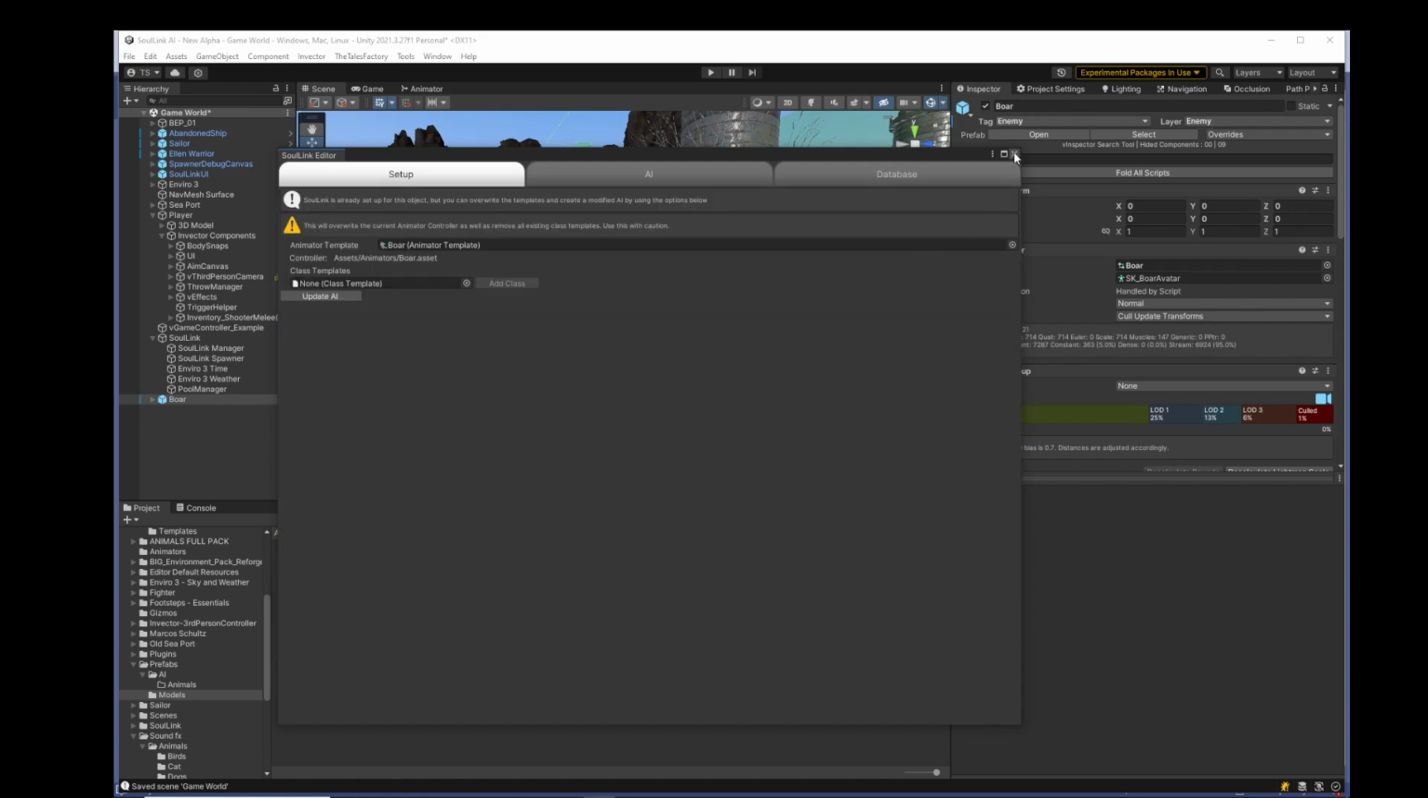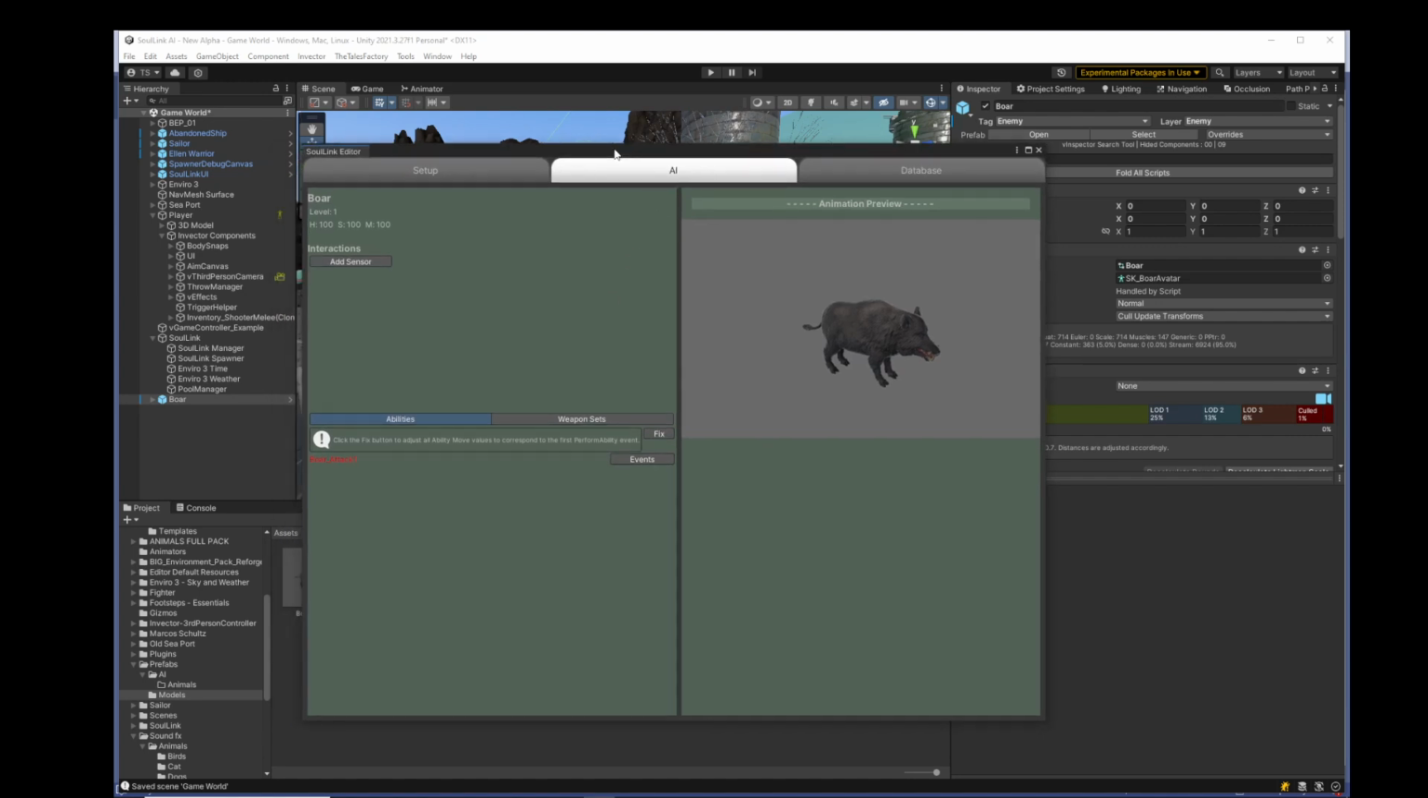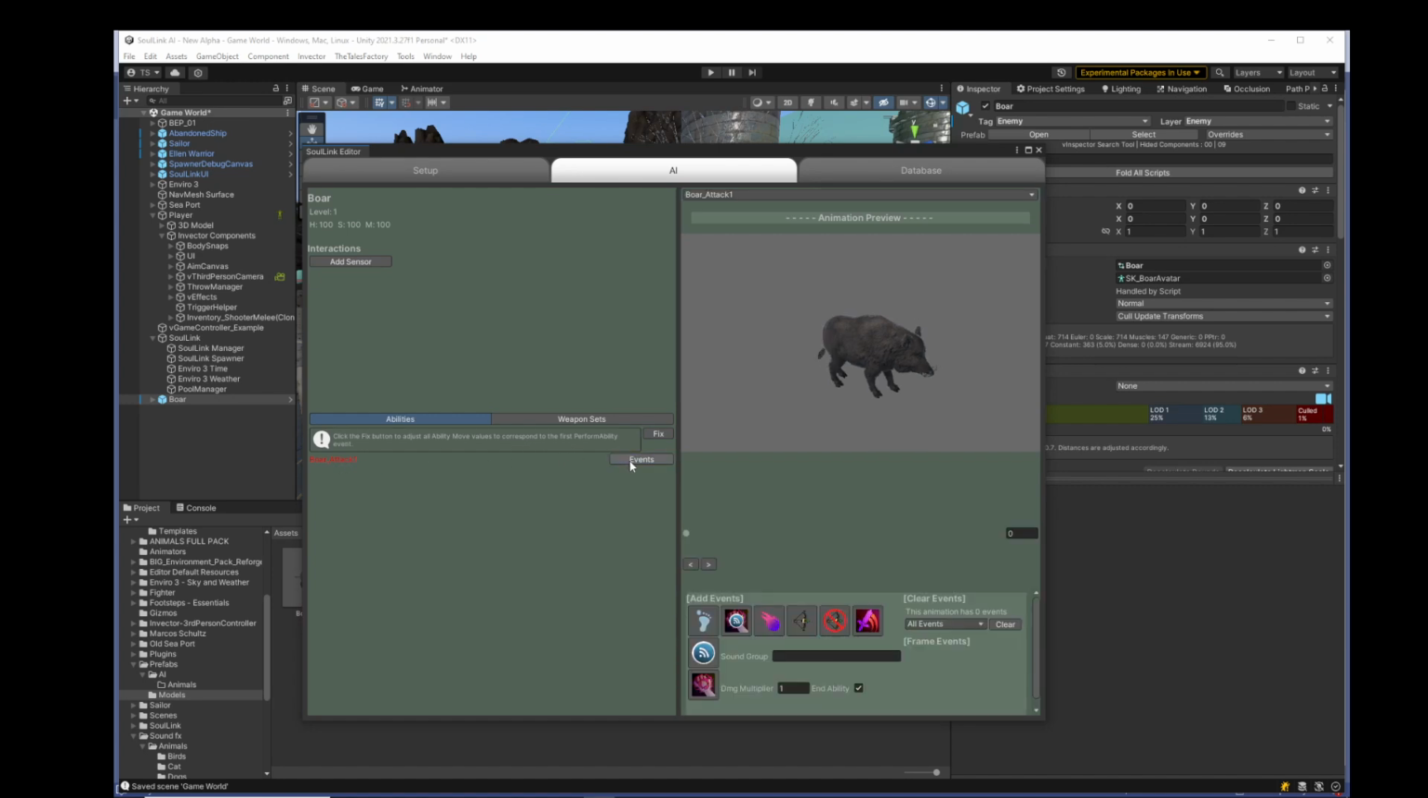Alright. So we can close. Well, actually, let's take a look in here before we go on, because there is something we do have to do. If we go into here, now we can see that it has the abilities, and it has a boar attack 1, but as you note, we can see that it's in red, which means we have some issues. We need to assign some animation events to this in order to work correctly. So we go to events,